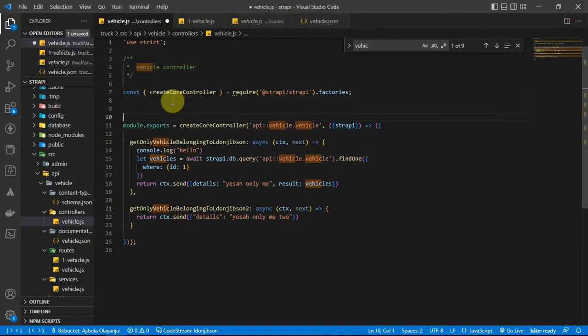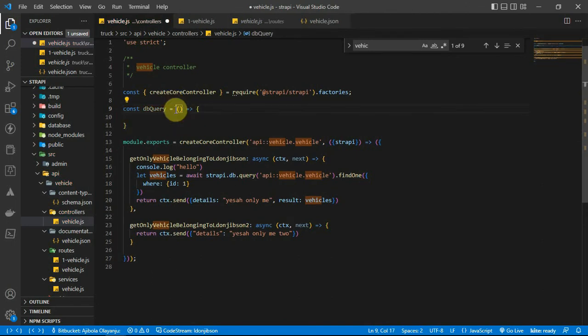You can just have a function here, something like db queries, that accepts a parameter, async like we have here. Then what you'll be returning will be